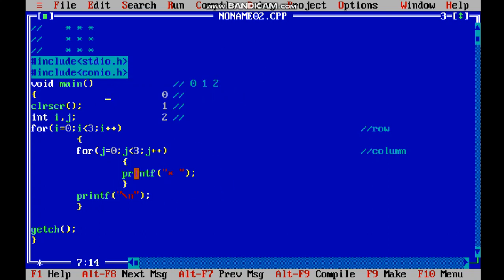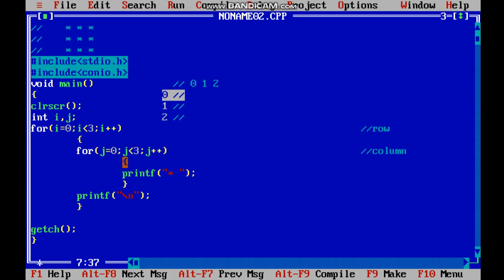Coming here, see, i equals 0. Keep in mind, the i value is 0. That means this row is fixed. As I told, I deal with row wise, so this line is used and now fixed. i equals 0, i is less than 3, true, right? That means it will come inside the for loop. Now j equals 0, j is less than 3, true, because j value is 0. Now we have i equals 0 and j equals 0, both are 0, and 0 is less than 3, so again true.